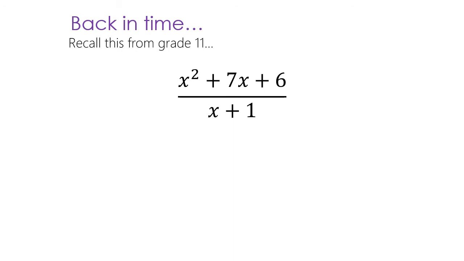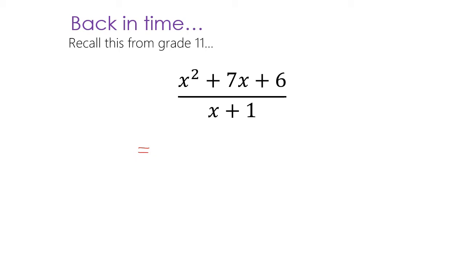Now we're going to fast forward, still go back in time, but fast forward from elementary school, maybe as recently as last year, even last semester. Recalling grade 11, and in grade 11, everyone's favorite unit on rationals and radicals, you do something like that and you're asked to simplify. Really though, what are you doing? You see that fraction line, that really just means divide. And how you were taught to do this